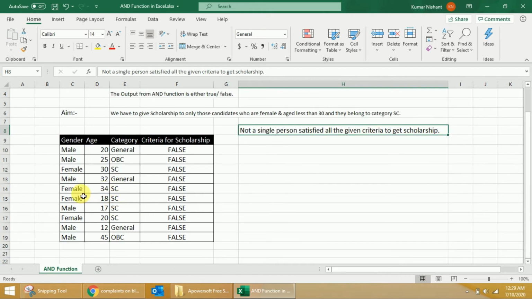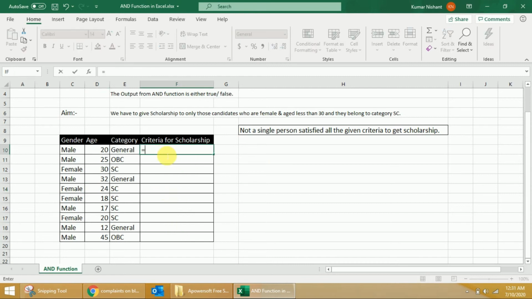Let me format it. Okay, not a single one satisfies all the given criteria to get the scholarship because the spelling of female is wrong in the AND formula. I'll show you. So see,